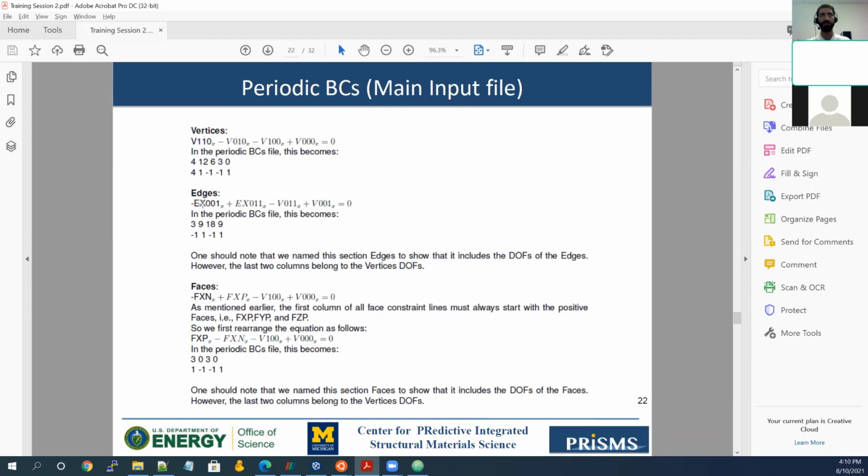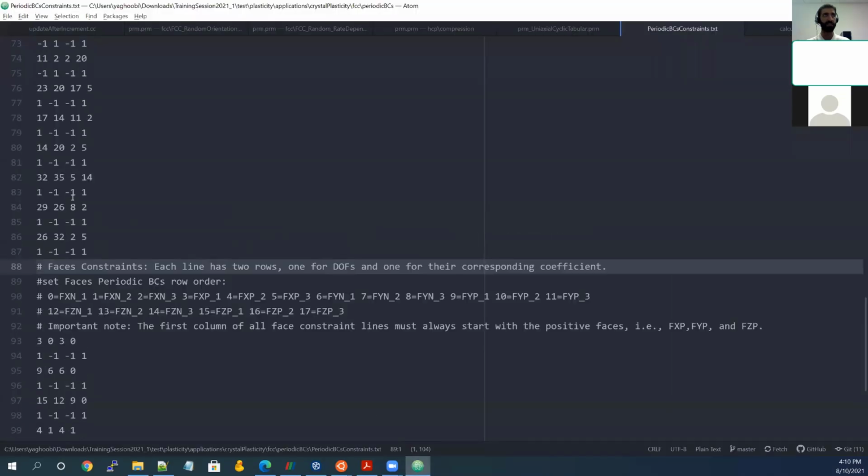So you have generally for edges and faces 4 part within each constraints. And for the vertices, you might have 4, you might have 3. So for vertices, there is another column besides these 4 columns, which defines the number of these items in the linear constraints, this degree of freedom. However, in edges and faces, there is only 4 columns because you always end up with 4 columns. So if you go back to the file, you see in the